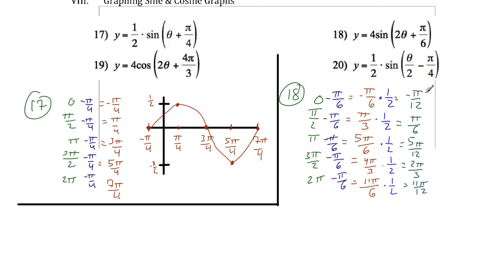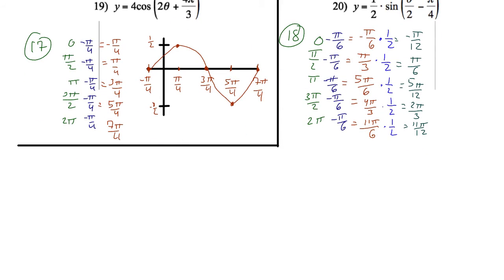This is negative pi over 12. That's 2 pi over 12. So there's a distance of 3 pi over 12 between them. 3 pi over 12 between these two. This is 8 pi over 12, so that's 3 pi over 12. And again, 3 pi over 12. So these are my new points. And as I plug them back into the formula, I'm going to get the original values here. So when I plug this in,